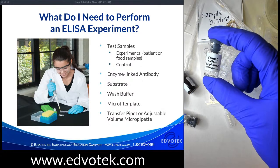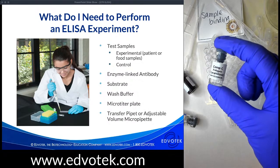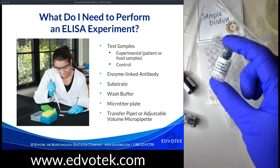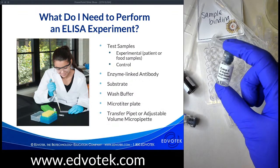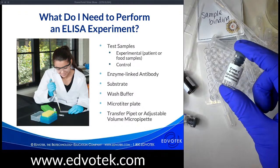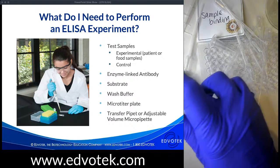And so the samples we're going to test may or may not contain the molecules that we are looking for, or the antigens. And using the ELISA, we can test for most biomolecules, pretty much anything the immune system can recognize. The antigen that we're using here, if you refer to the literature, is whey, which is a milk protein. And then we are going to use an anti-whey antibody,